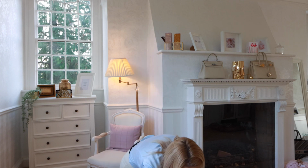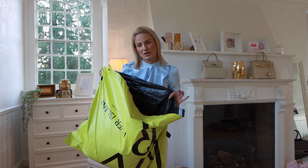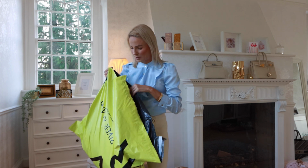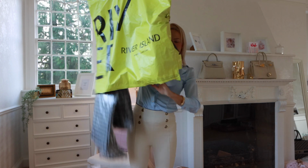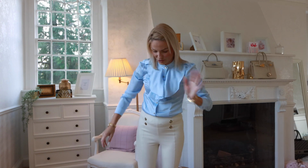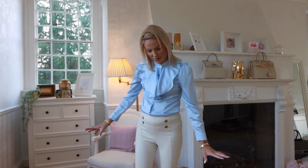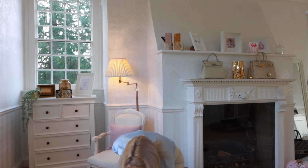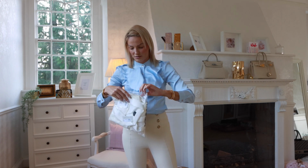Okay, so I did get quite a few autumn going into winter pieces. There's lots of jumper type pieces in here. So I've got some good knits. So 1, 2, 3, 4, 5, 6, 7 items to show you today. First piece is